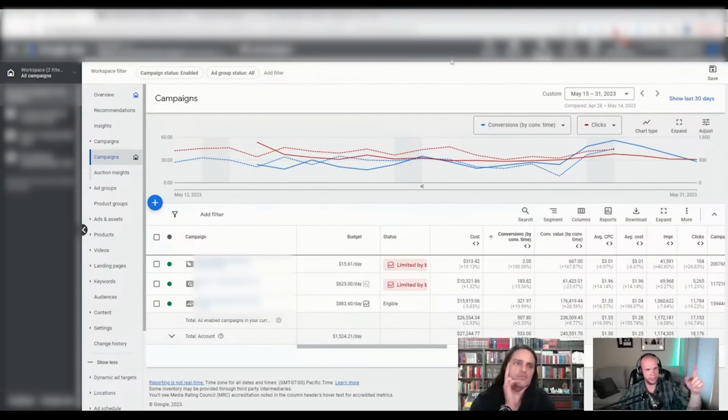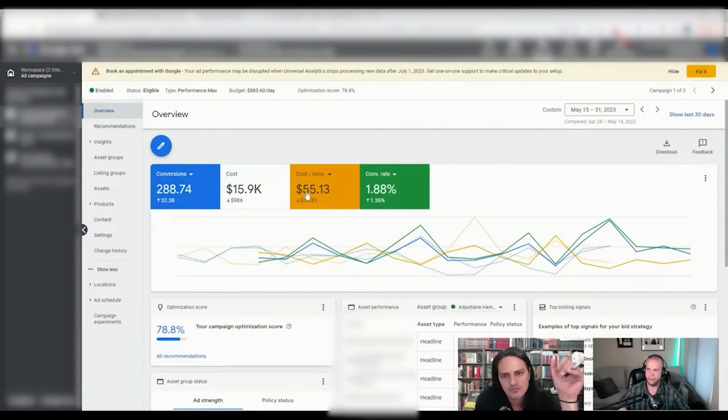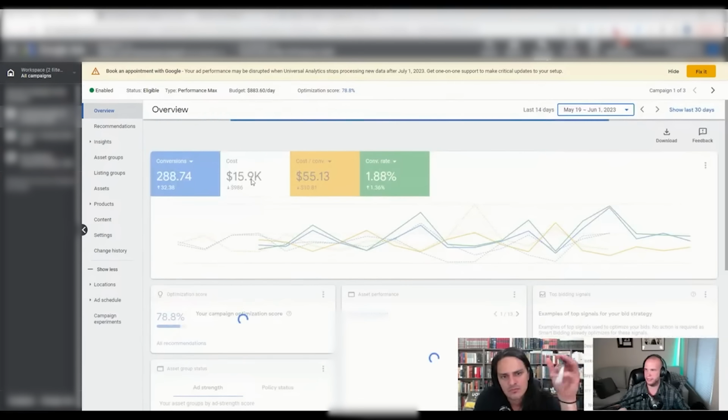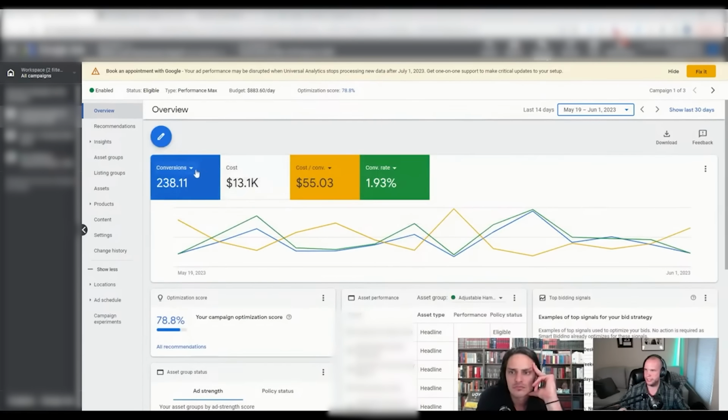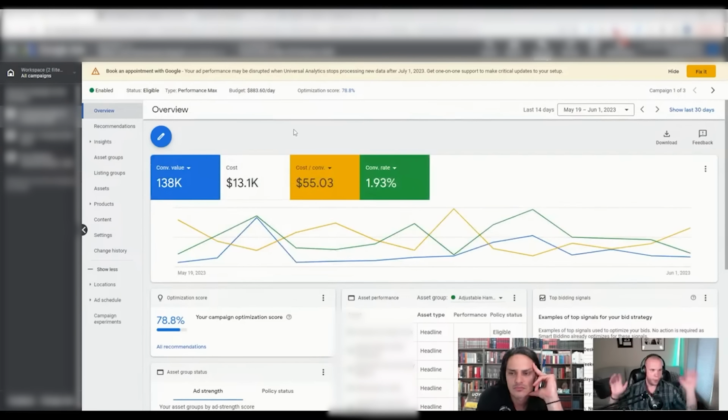So this is important for the 36 people out there. I don't know if it counts us, but the 36 people out there, this is going to be a gold mine for you to pierce through how BS the assets and the signals are. For example, that campaign that I just shared with you is getting $55 a conversion. In the last 2 weeks I spent 13 grand and made myself 138 grand.